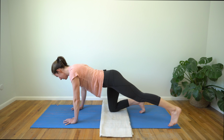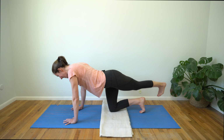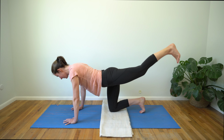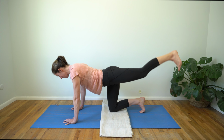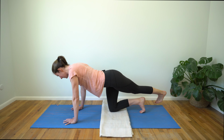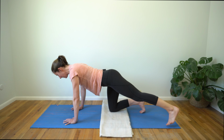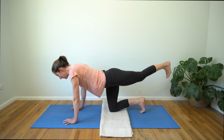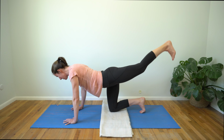Sometimes there's a tendency to shift as the foot shifts from side to side, but try to keep that upper body and core still. That does mean that there's going to be a little bit more engagement through the abdominal muscles, through the deeper core muscles. But it's also going to keep the sensation on the muscles that are building that strength and stability throughout our hip. One more rainbow over to the right,